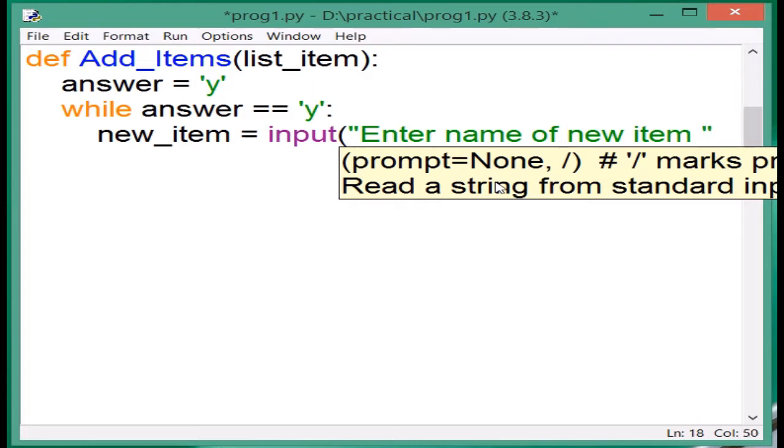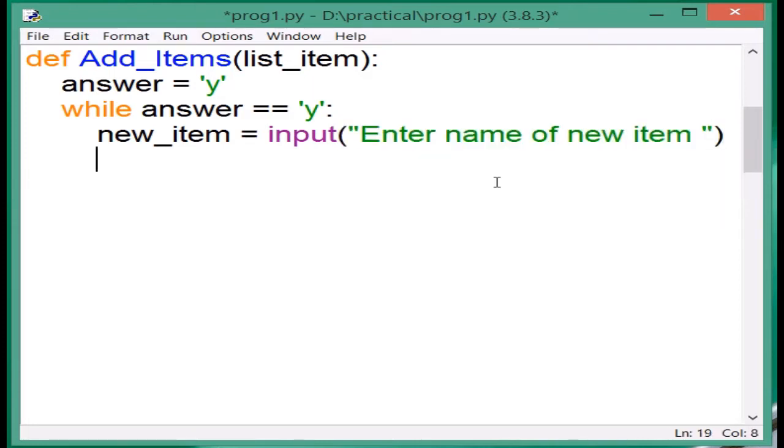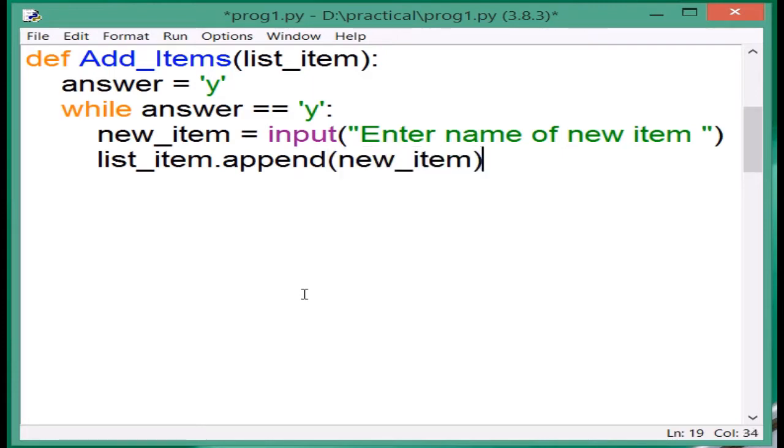This prompt will be displayed on the screen, and when the user enters a new value, that value will be stored in this new item variable. Now you can append this value to the list with the help of the append function. So you call the append method like this: name of the list, then the append method with the help of the dot operator, and inside the append method you pass a value, and that value will be appended at the end of the list. Then you can ask the user,